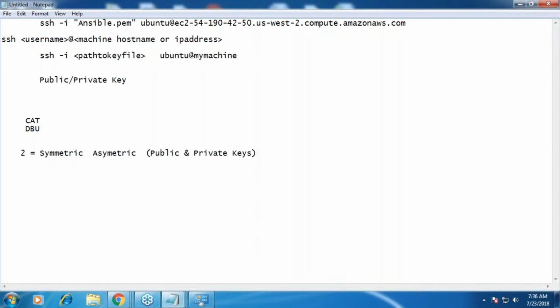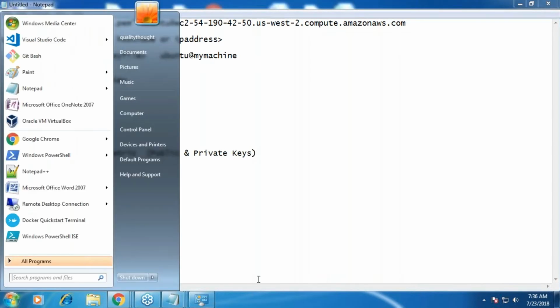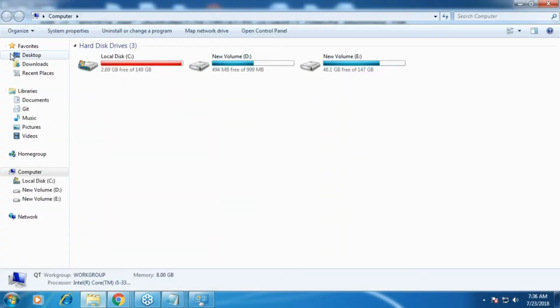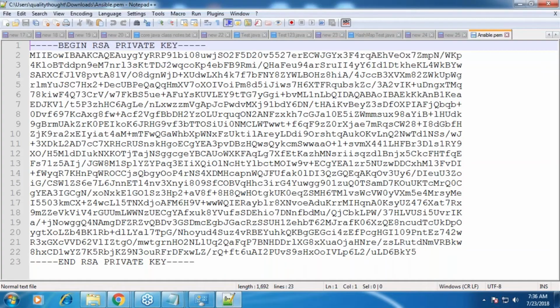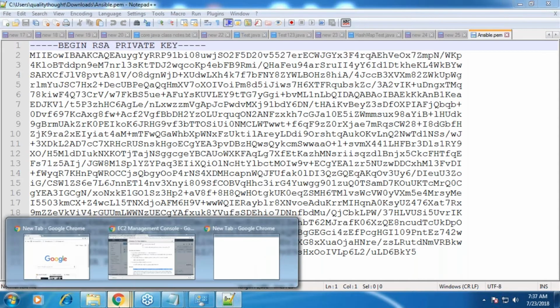In Amazon, just now we said that I wanted to download a key pair. So what happened was you got the private key and Amazon has the public key. Let me go to the ansible.pem file which we have downloaded, and let me edit it with Notepad. This is a private key which is created by the RSA algorithm. It might look magical, but it is nothing but a public key and a private key. The public key of this is with Amazon. Let us see whether Amazon has this or not.